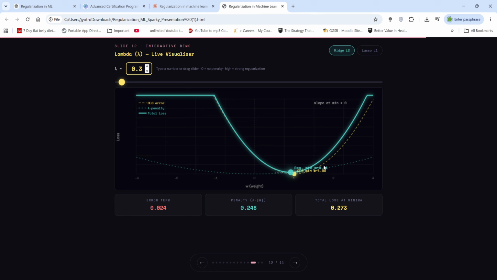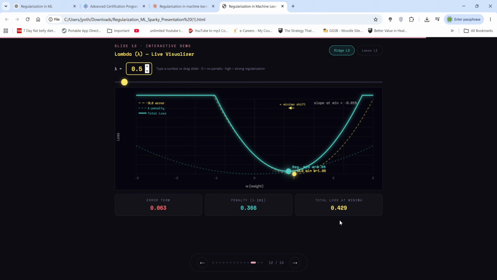What does it mean when it's shifting from right to left? That means it is decreasing from positive, moving towards the negative direction. Say we have increased lambda to 5. Here you can see that the minima is shifting as the lambda is increasing, and the error also is increasing. So what does it say?